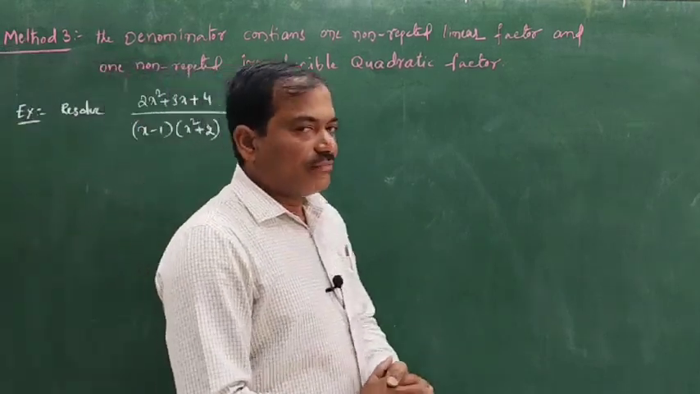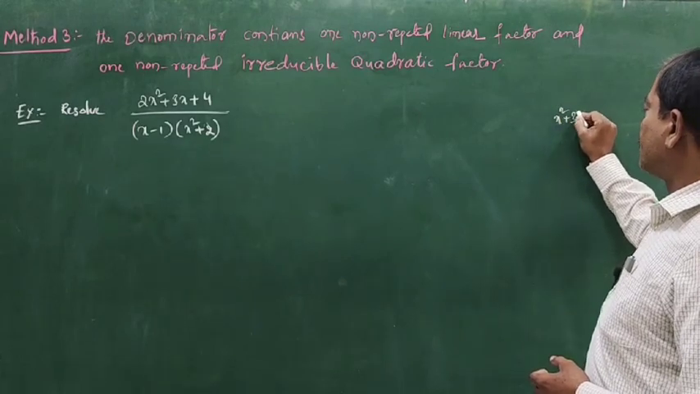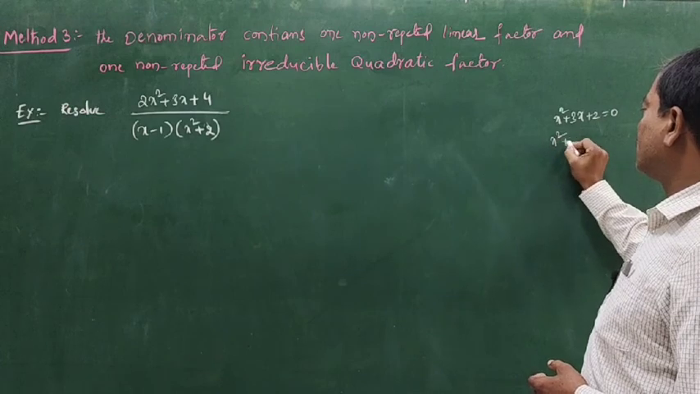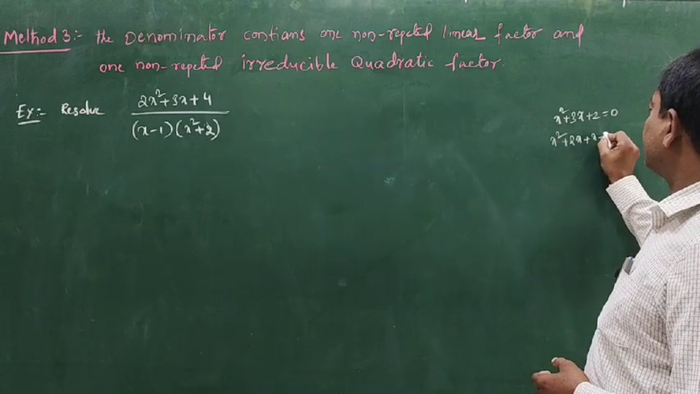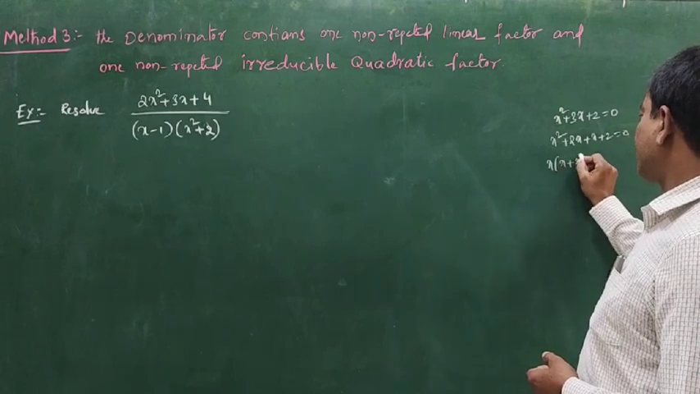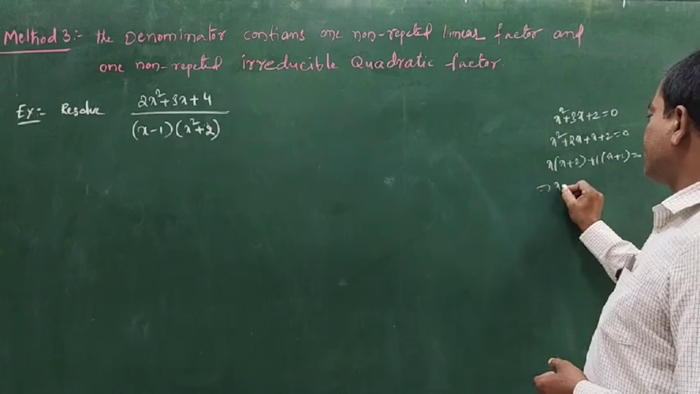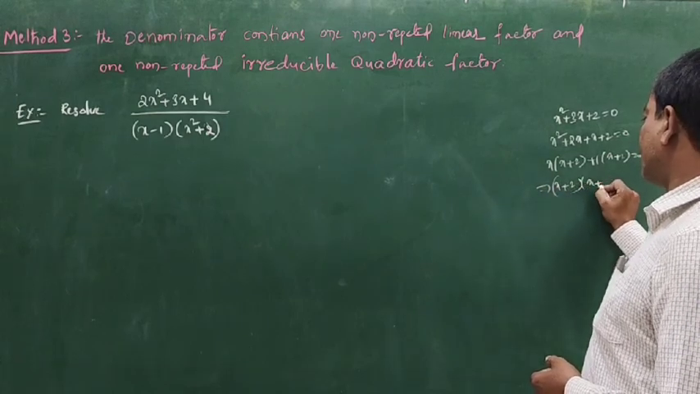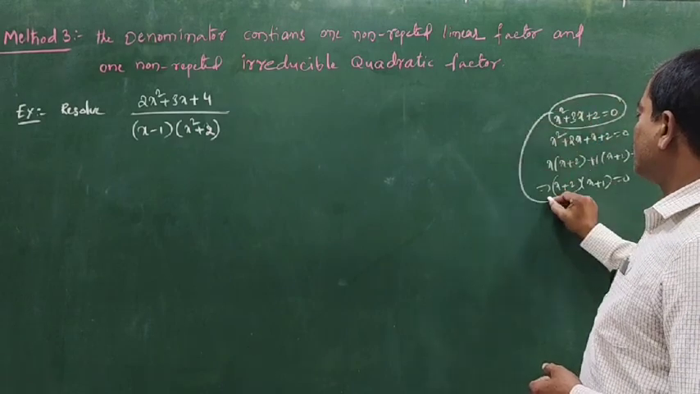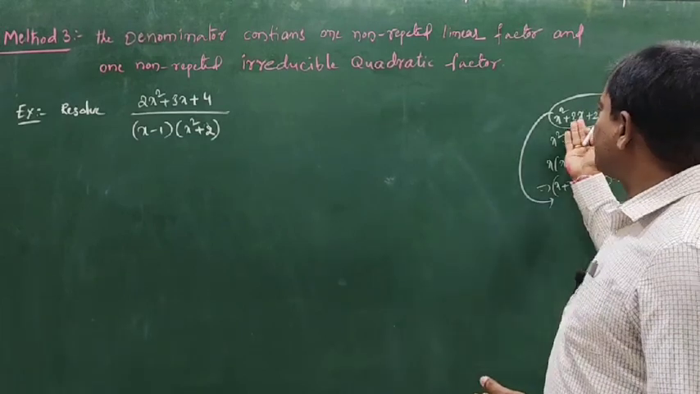So, for example, x square plus 3x plus 2 equal to 0 is given. We have to find the factors of this equation by using this method. So x square plus 3x plus 2 equal to 0 implies (x plus 2)(x plus 1) equal to 0. So this is the polynomial. We have two real factors, so therefore it is said to be reducible